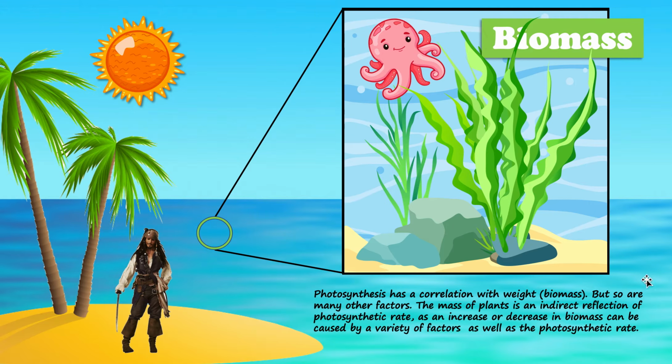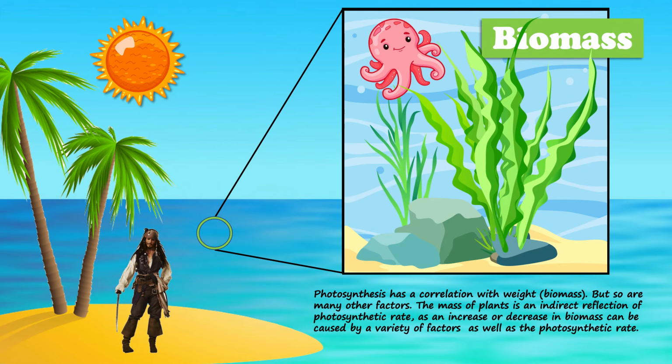But the problem is it's not that accurate. Other than photosynthesis causing an increase in size, there are also other things that can cause an increase in weight of a plant, right? For example, maybe there are some deposits of poop landing on the plant, and that's not contributing to the real weight. Maybe there's some calcium or some things depositing. Maybe there's a little organism sitting somewhere. So there are other things that can cause a plant to increase in size and become heavier, and that would influence the real result. So biomass is not the best way because there are many things that can influence a plant's weight, not only photosynthesis.